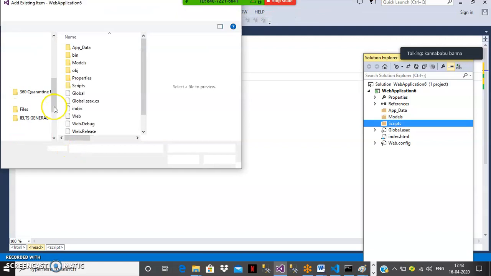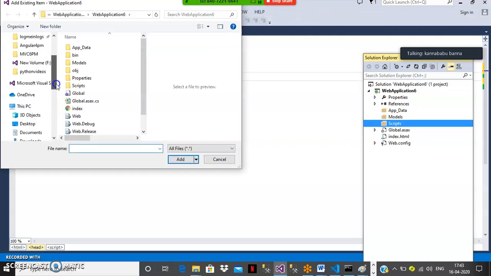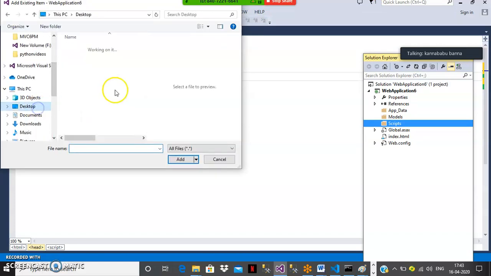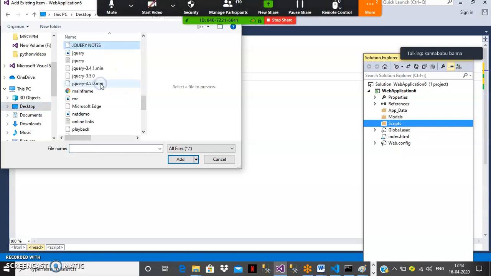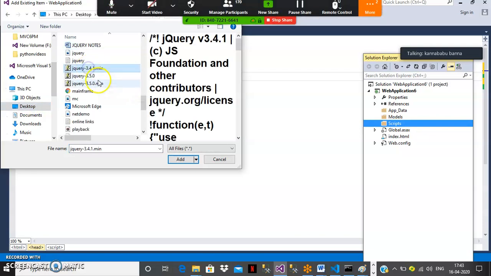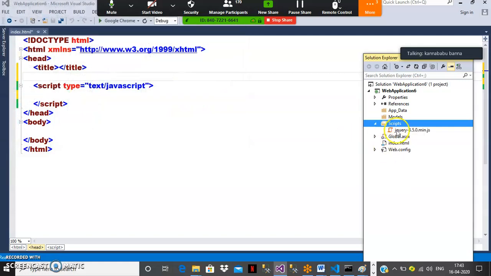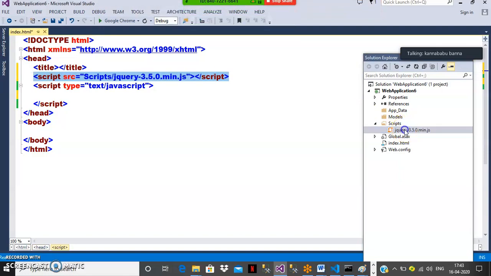There you can see one jQuery file is already downloaded. You can watch in the previous videos. There you can see jquery-3.5.min.js. And here you can drag and drop the jQuery file in the script tag. And here within the jQuery, here you can write